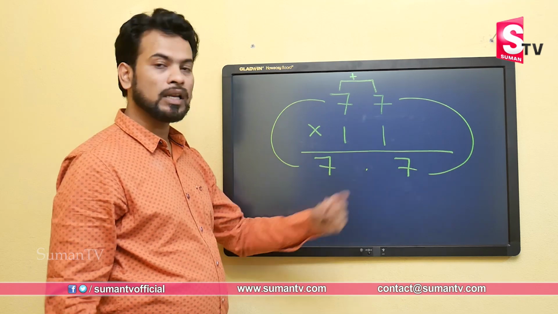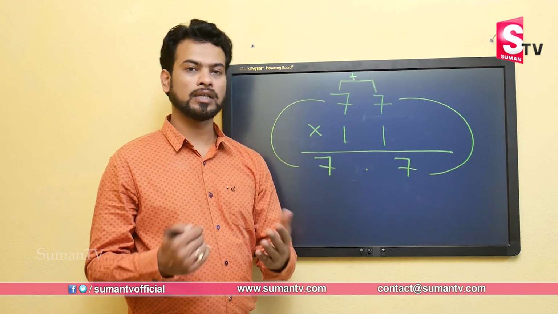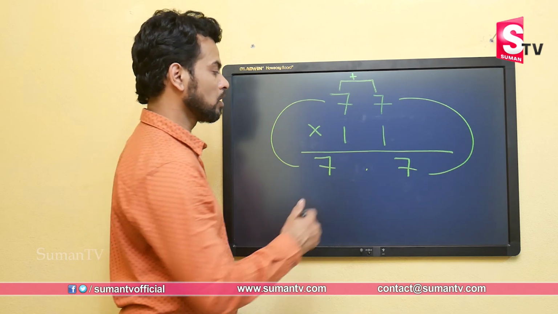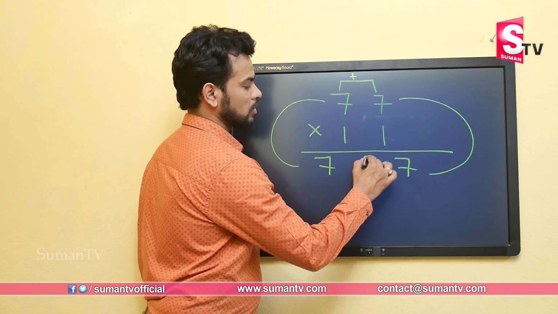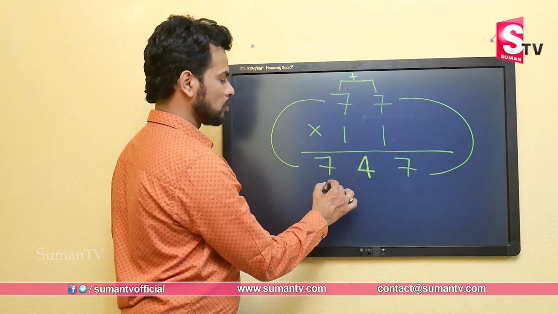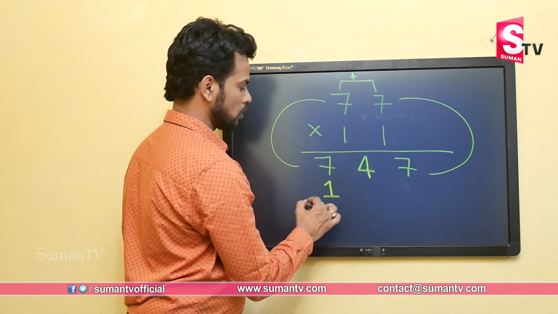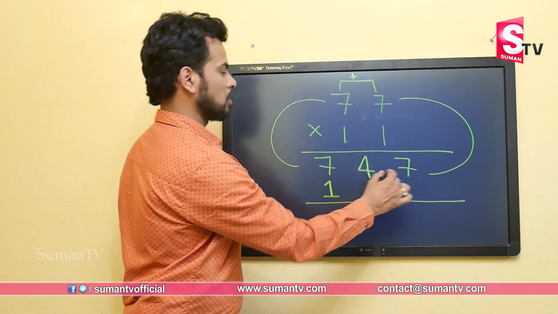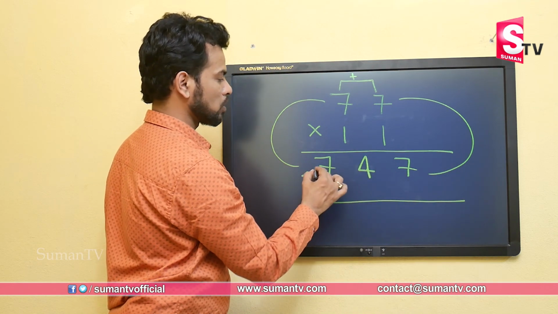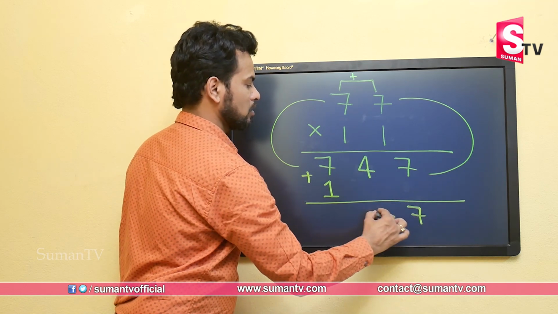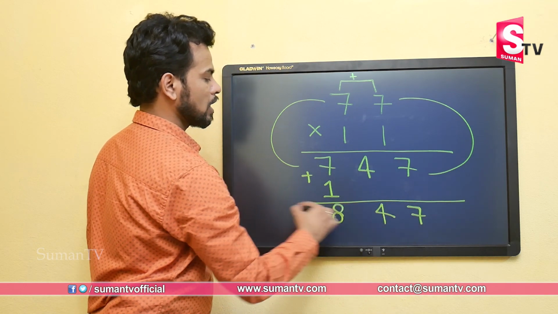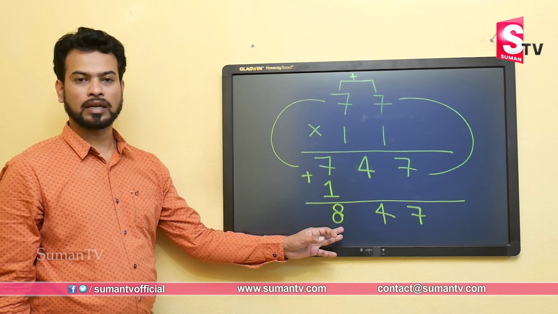So if in middle place you find a double digit number, what we need to do? You write only the unit digit 4 here, and that 1 will be carried over to here. So 747, and you need to add 7 and 1, and this is 8. So our final answer is